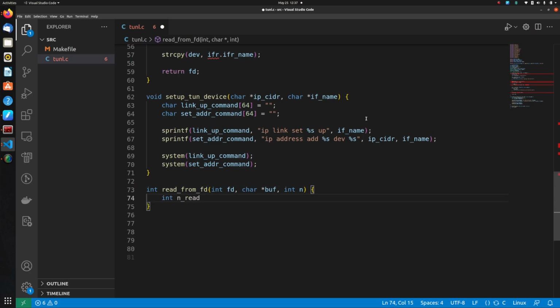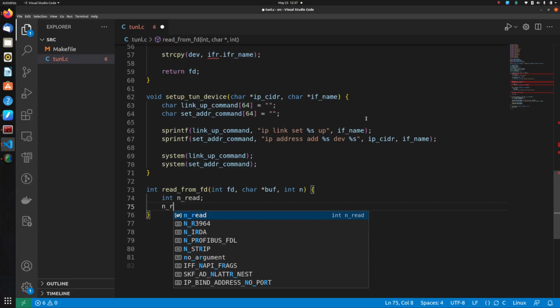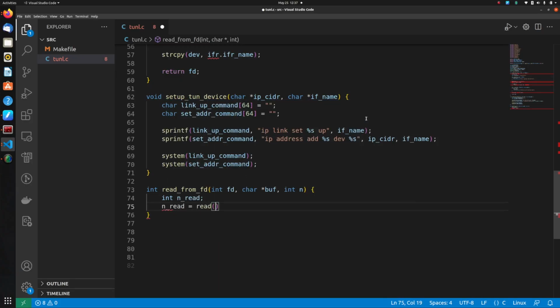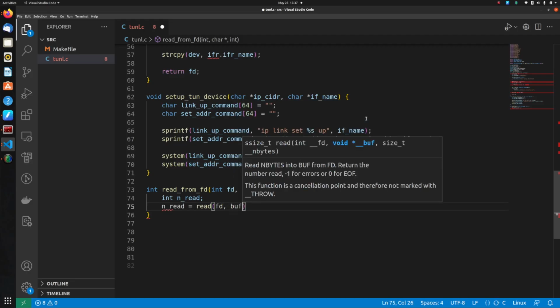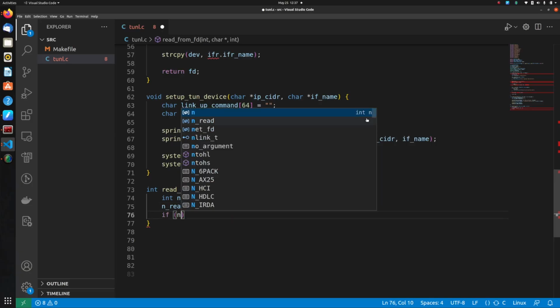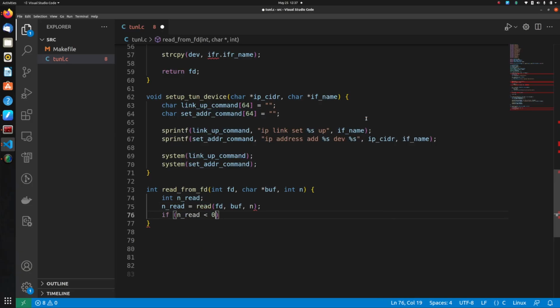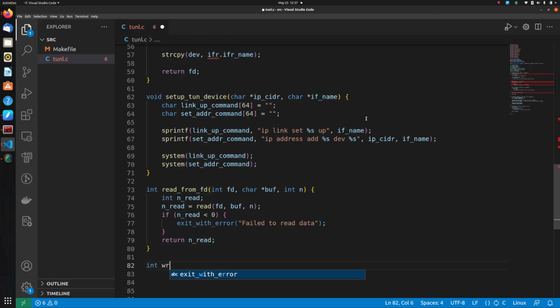So I'll do something like nread, and nread equal to read FD, comma, buff, comma, n. If nread is less than 0, that is, it's an error, then I simply exit with error, failed to read data, and I will return the number of bytes read. And then I'll create int write to FD,